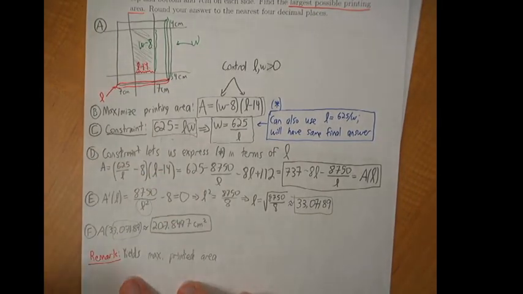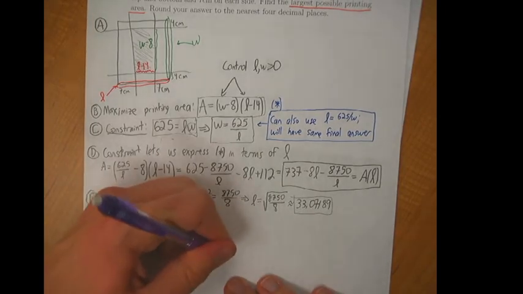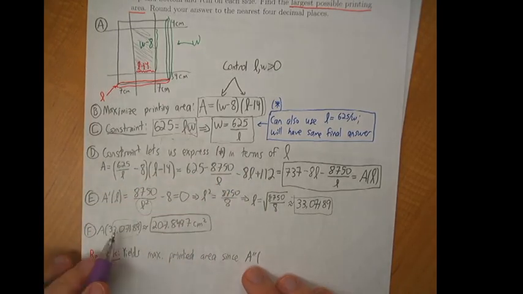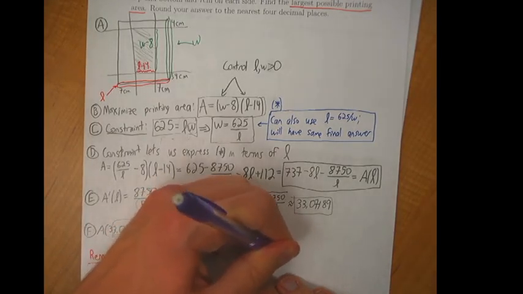One way you can check this is to check the critical point as well as the endpoints again. But what you can also do is use the second derivative test. Since if we take the second derivative and plug this value, 33.07189, into our second derivative,